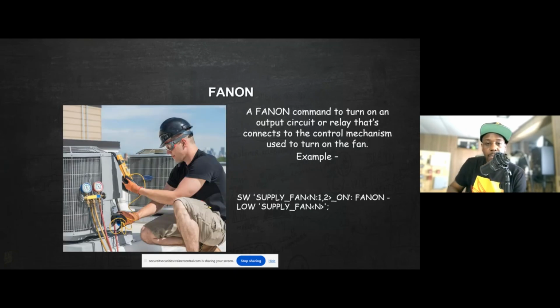Another output type would be fan on. We're doing these to control the fans. We want to shut the fans off. Any fan over 2,000 CFM requires a duct detector, and it requires to be shut down. So if you have a fan that you're connecting to the fire alarm system, that relay will go to dry contact, or if we have an MR201, we're cutting it off with the power. Some way or another, we have to shut that fan off if the fire alarm control panel goes into alarm.